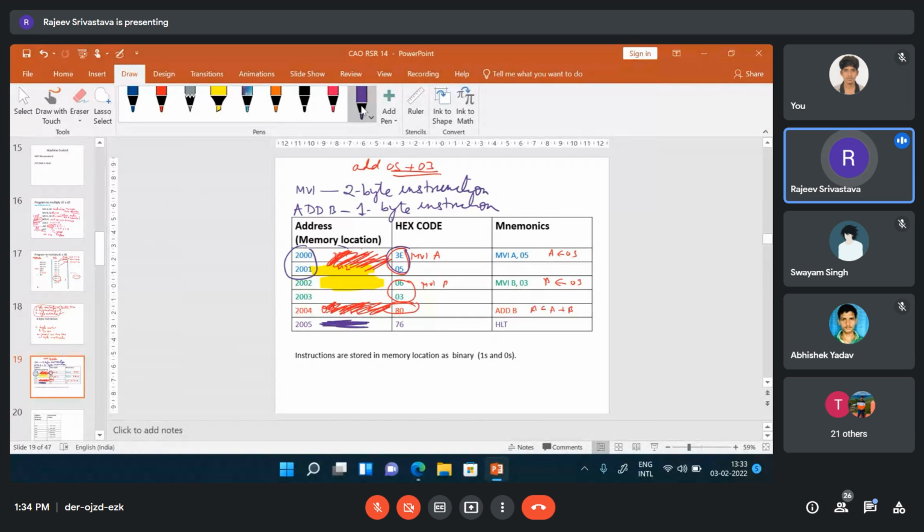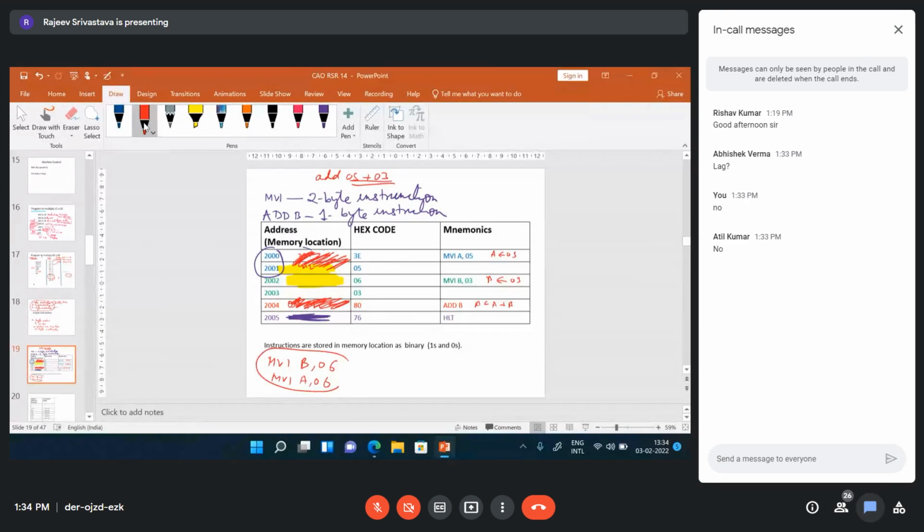This information is necessary for a designer because suppose if we write MVI B 06 or MVI A 06,